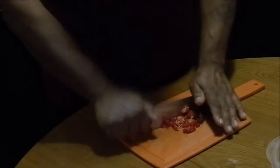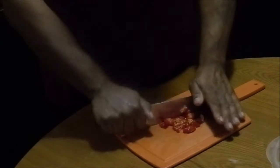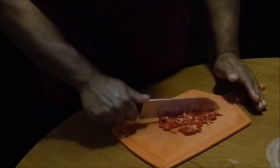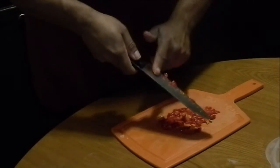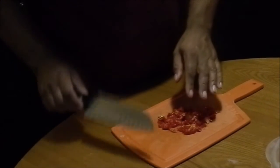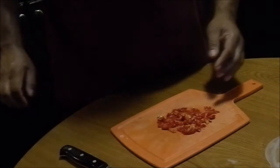Actually, I don't even need the bowl. I don't know why I was thinking I needed the bowl. Like, you're going to leave them on the cutting board anyway. Alright, I'm going to go wash my hands. And then we'll...